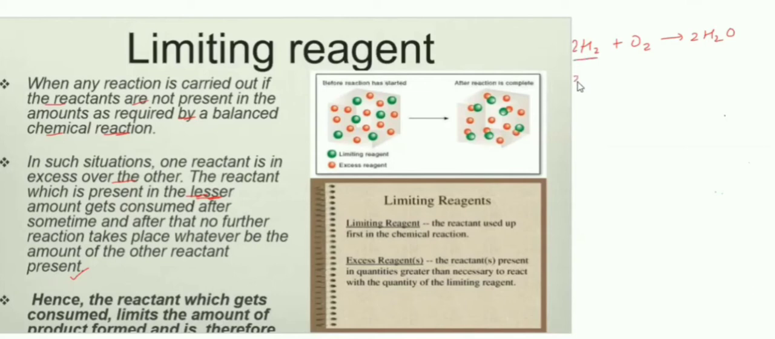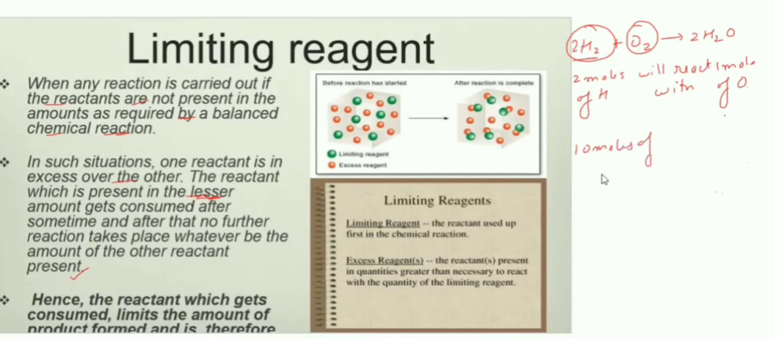That is, 2 moles of hydrogen will react with 1 mole of oxygen. This is a standard term. For every 2 moles of hydrogen, we will require 1 mole of oxygen. But if we have been provided with 10 moles of hydrogen and 2 moles of oxygen,